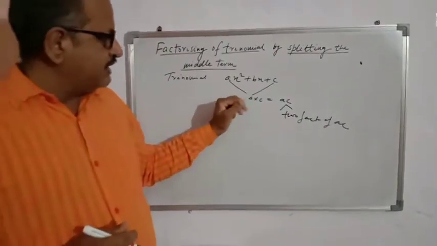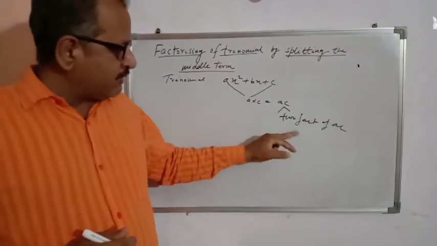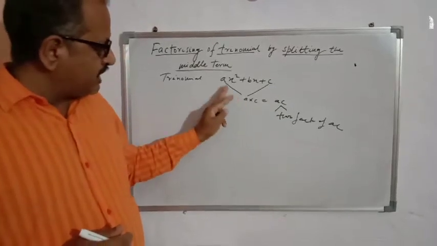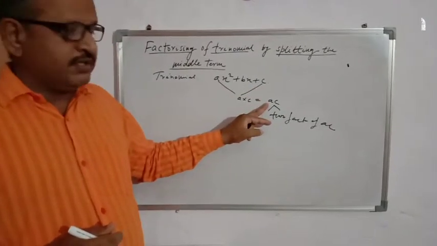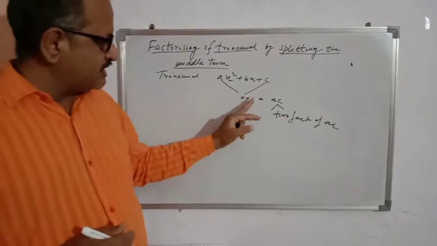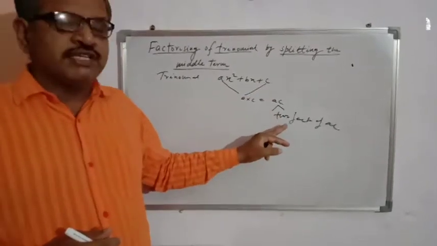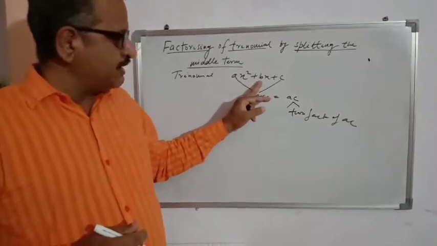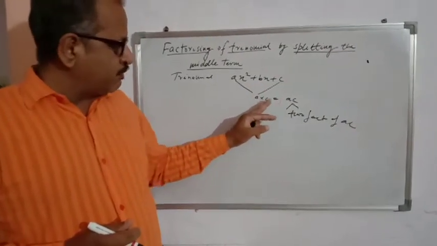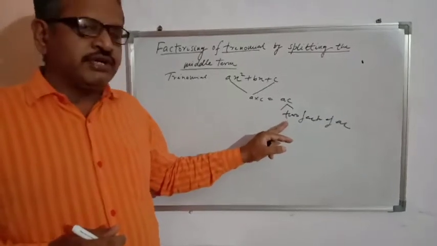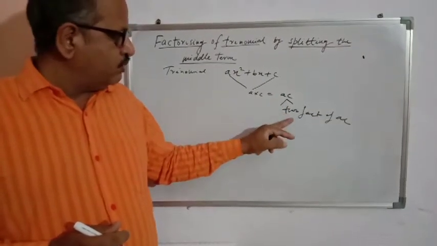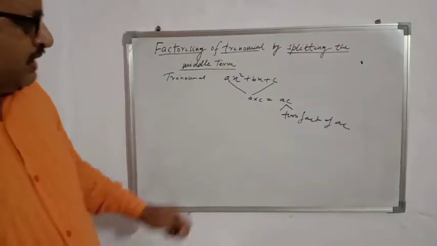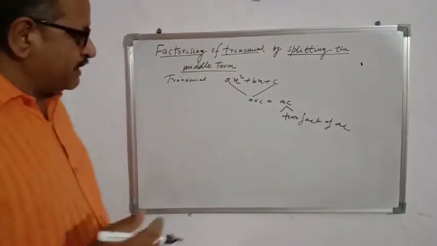When we decide, we have to take either the sum of the factors as the middle term or the difference of the factors. If the product of a and c comes negative, we have to select two factors of ac such that their difference gives the middle term b. If the product is positive, we have to take two factors of ac whose sum is the middle term b, that is the coefficient of x. We will explain it with the help of one example.